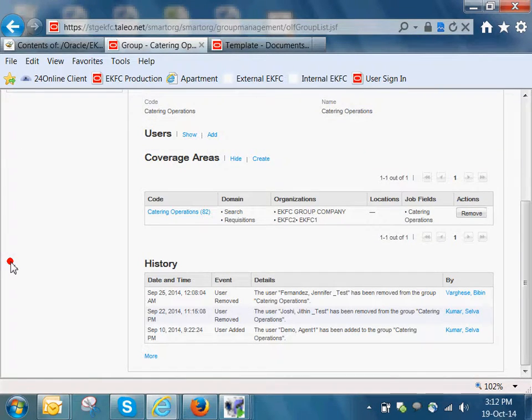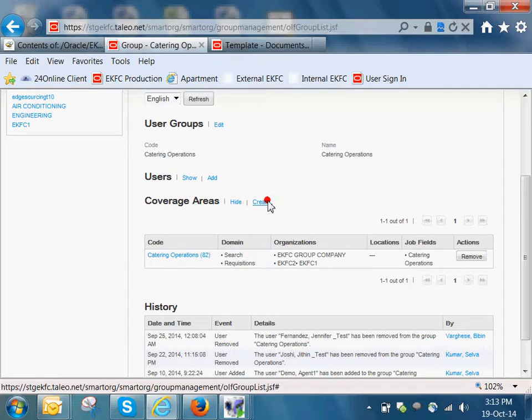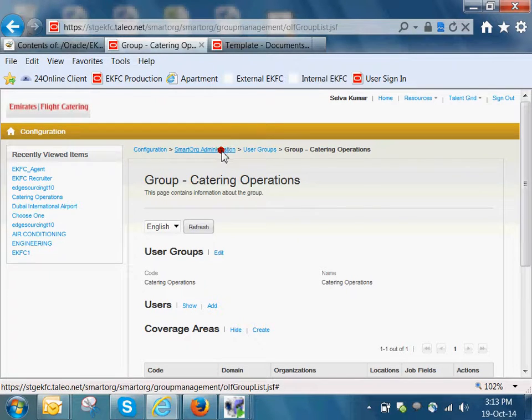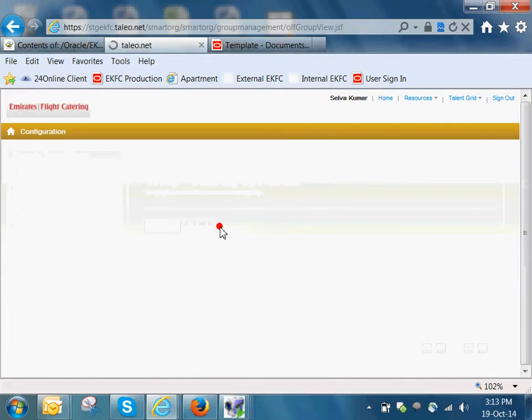If you want to add one more, click create and add one. Yes, one person can be part of many user groups, which I will show you in user accounts.